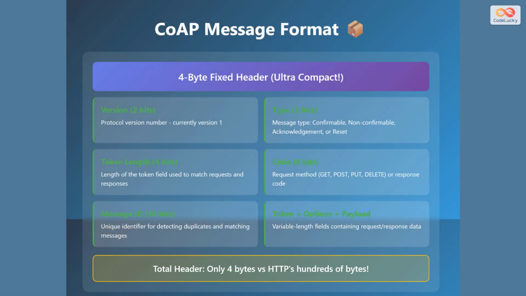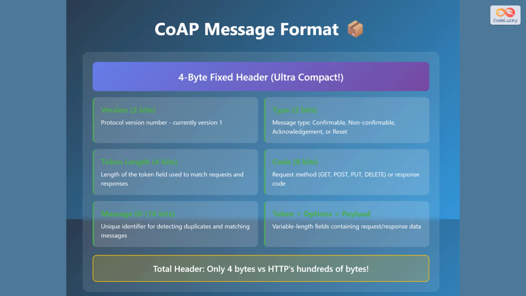The CoAP message format is remarkably compact, featuring a fixed 4-byte header that makes it ultra-efficient. The header consists of several fields: a 2-bit version field indicating the protocol version, currently version 1, a 2-bit type field specifying whether the message is confirmable, non-confirmable, acknowledgement, or reset, a 4-bit token length field indicating the length of